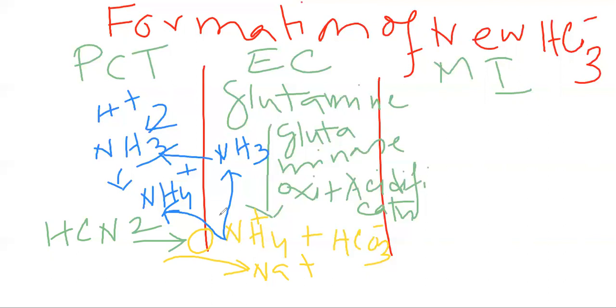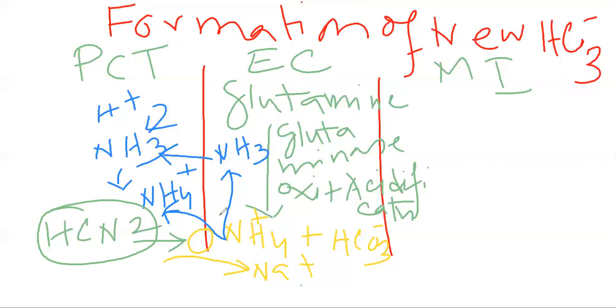So the ammonium ion can first convert into ammonia and immediately pass through the cell membrane, come into the proximal convoluted tubule, react with the hydrogen ion and produce ammonium ion. This is the first pathway. The other pathway by which ammonium ion can come into the proximal convoluted tubule is by the channel 2, and sodium ion will be taken up.